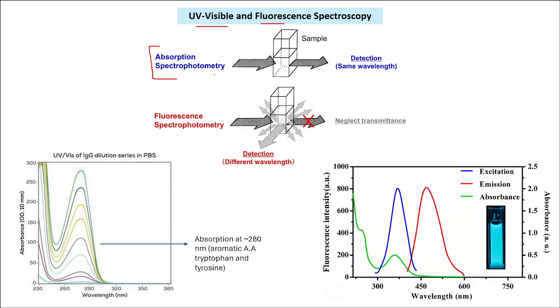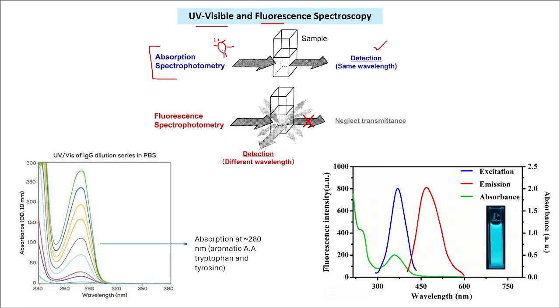this is the light source. The light passes straight through the sample, and we detect that. In the case of fluorescence spectrophotometry, this is the basic principle. I guess all of you would already know absorption, fluorescence, emission, but still we'll touch upon some of the very important points that need to be revisited, and some of the principles that govern these spectroscopic methods.